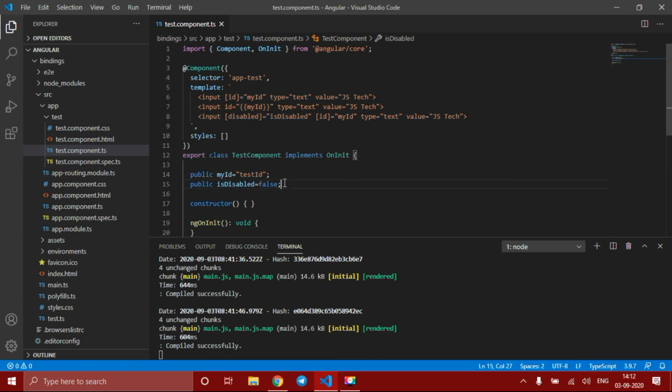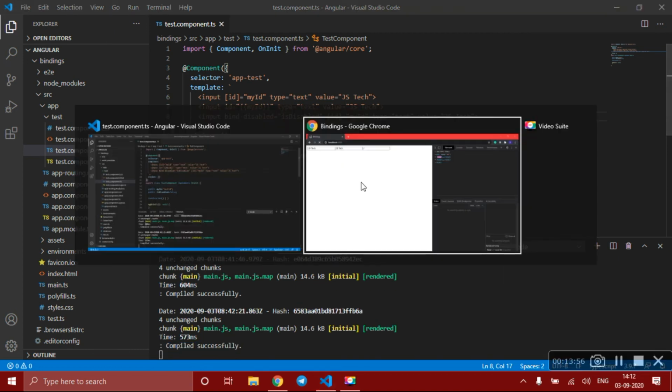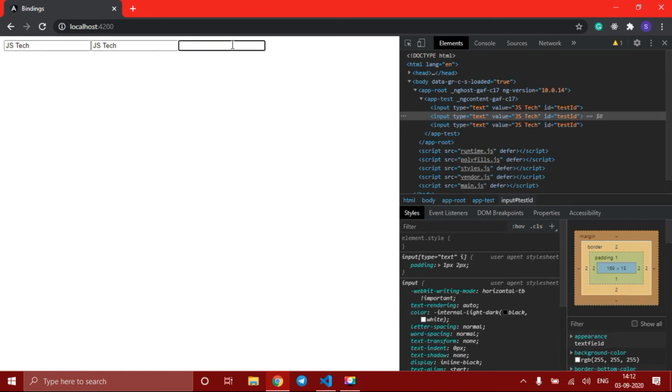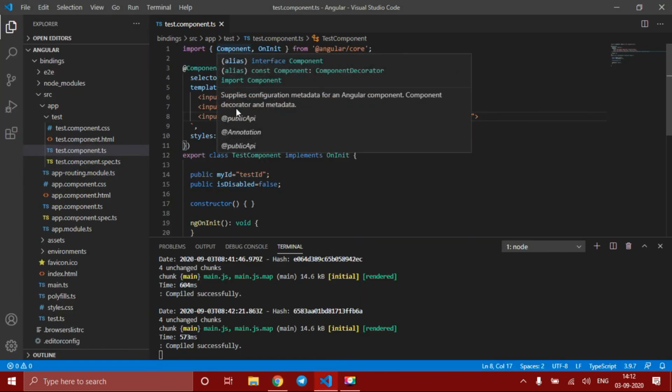And the last point is, instead of using the square brackets, we can bind a property using another syntax also. Remove the square brackets and mention bind hyphen and save it. You can see that my bind hyphen is also working here. I can change it. So this is an alternate syntax.